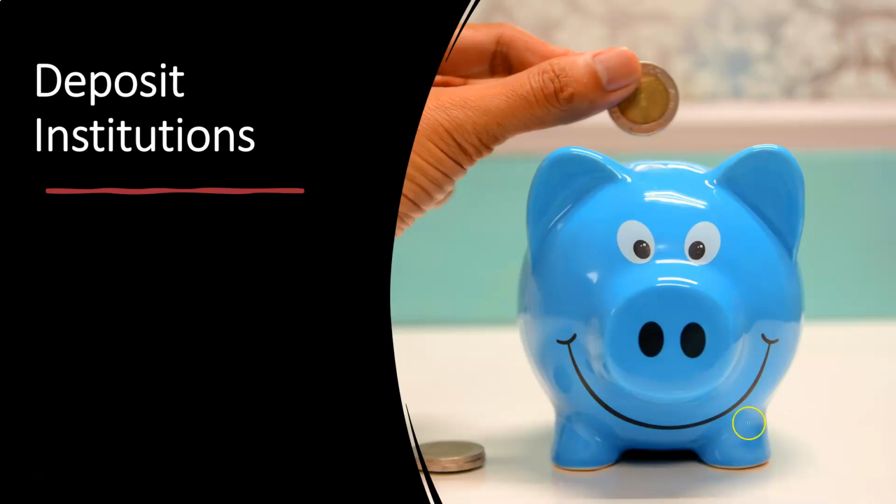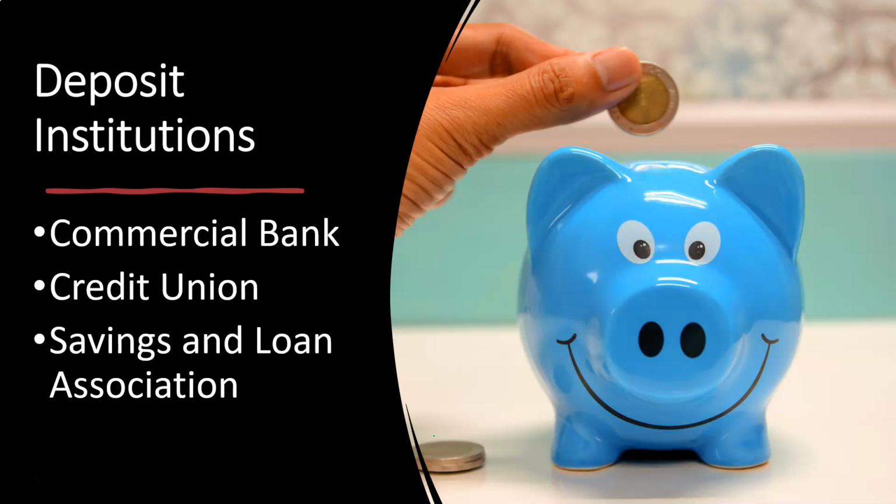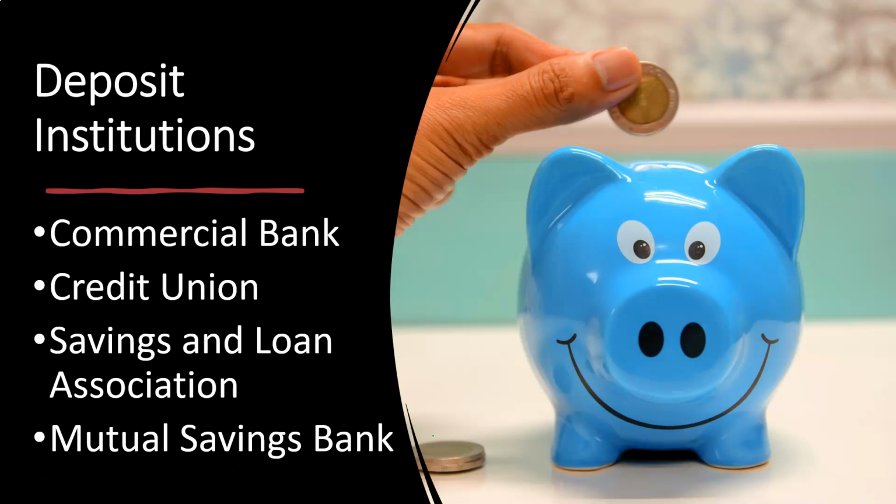Let's start off with the most common one, the one that most people are most familiar with, that being the deposit institution, starting off with the commercial banks. Then we have the credit unions, similar kind of services with the deposit institutions, savings and loan associations, and the mutual savings bank. So let's look at these in a bit more detail and see if we can do some